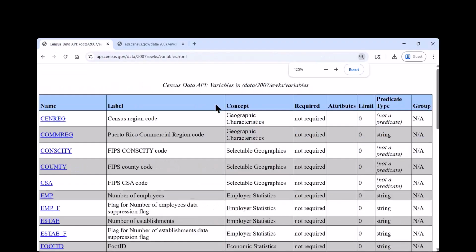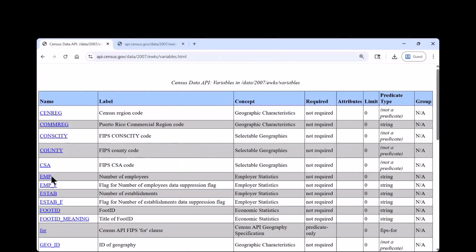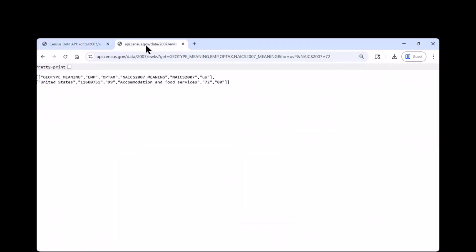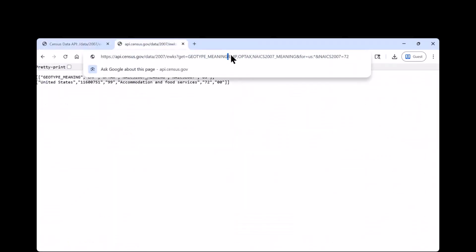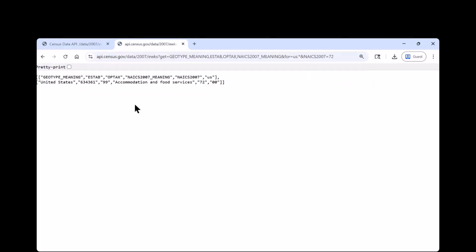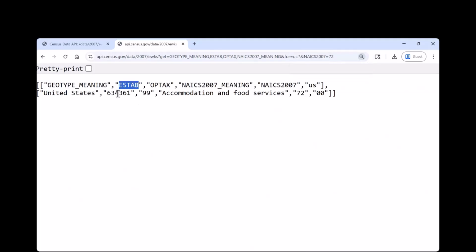So going back to my variables list here, here's that EMP variable that it gave me by default. It's saying that that was number of employees. Number of establishments, it looks like is ESTAB in all caps here. Again, it is case sensitive. So if I just go back to my URL, I could change out EMP with ESTAB. Again, making sure I have those commas separating everything there. And then hitting enter. Now it looks like this is giving me the number of establishments in accommodation and food